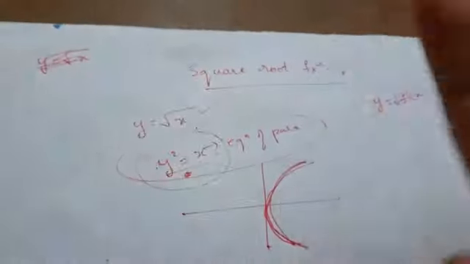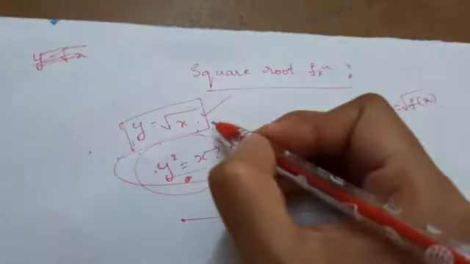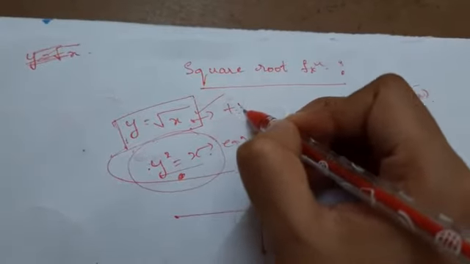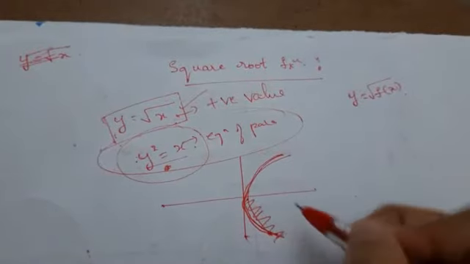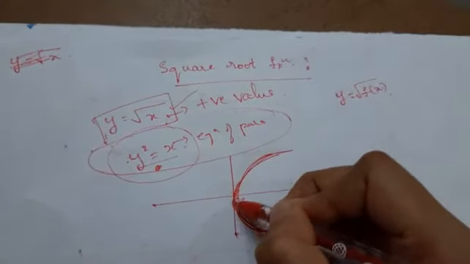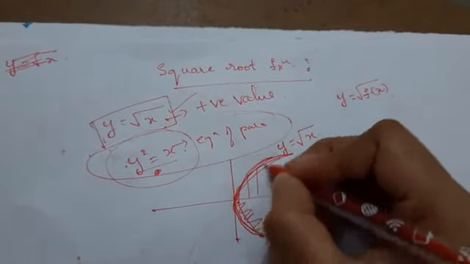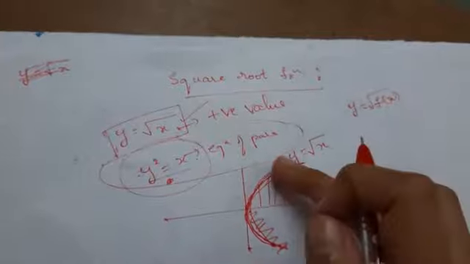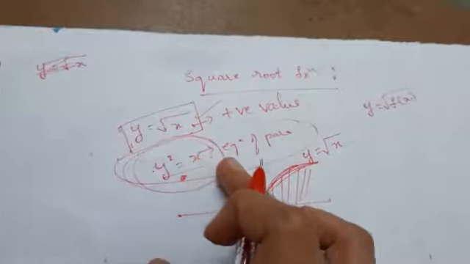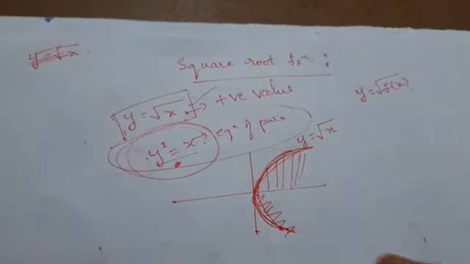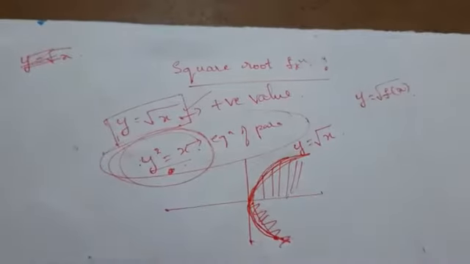So what is the thing which we require? We need the area of the curve y is equal to root x. y is equal to root x means root has only positive values. So we have only positive values, which means the lower part is not included. The only thing which comes here is this one, that is y is equal to root x, because we required only the area under the graph y is equal to root x. We took the help of y square is equal to x just to sketch the curve, to get an idea of how the curve will be.